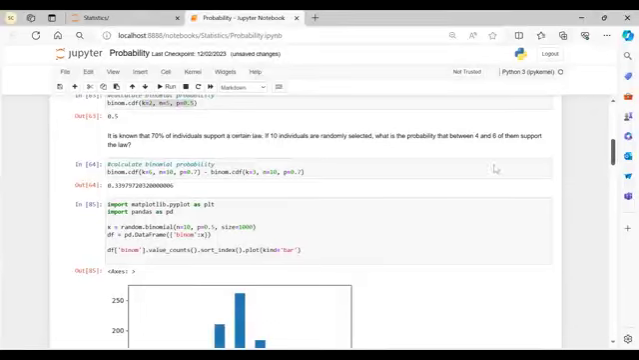Now, this is another example. It is known that 70% of the individuals support a certain law. If 10 individuals are randomly selected, what is the probability that between 4 and 6 of them support the law? So now here I'm talking about the range. It is not an at most kind of problem. It is saying somewhere between 4 and 6. So now what I have to do is